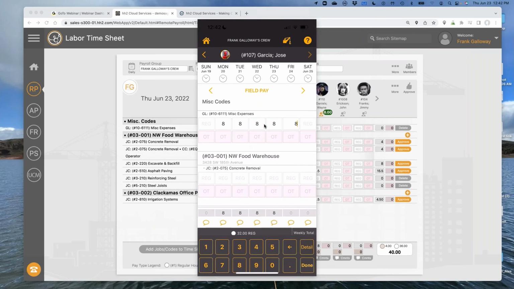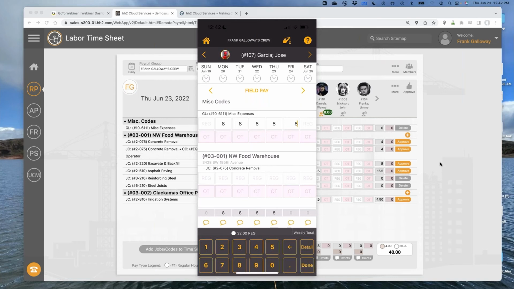Or if what you're talking about, Deidre, is another way of thinking about this: let's say that same salaried employee does work on jobs and cost codes, and you want to keep track of that information. If that's the case, instead of coding their time to regular and overtime, just like myself, I code all of my time to a salary pay ID. And in HH2, for my time card, I have an abbreviation called SAL in that category. So that's the way I do it. Did that answer your question?